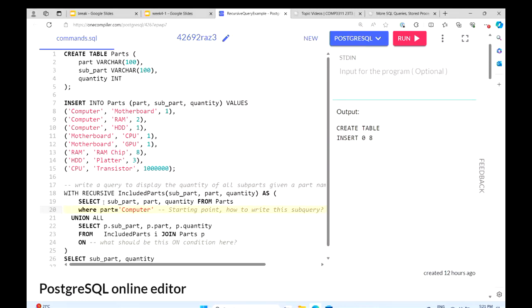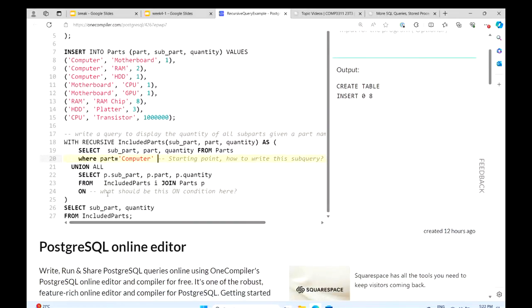And then we need to update the working table to gradually grab more parts, more subparts, level by level from the original parts table. Because we need to grab the children for a particular part from the same table, we need to join the same table twice here.